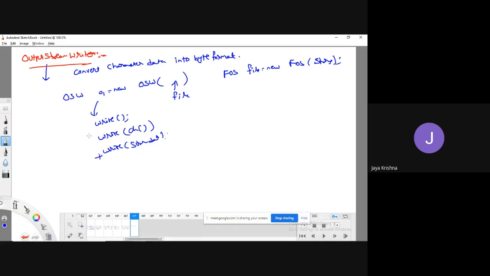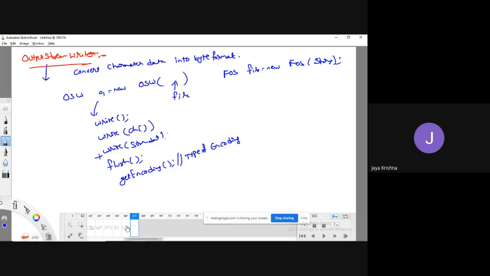In addition to all these, we have a special method, the flush method. You know the meaning of the flush method. It is going to flush the entire data. Okay, so like that we can use it. There is one more method, the getEncoding method. The purpose of this method is to provide the type of encoding mechanism that the programmer is using. Meaning, what type of encoding mechanism he is using, we can get through the getEncoding method.